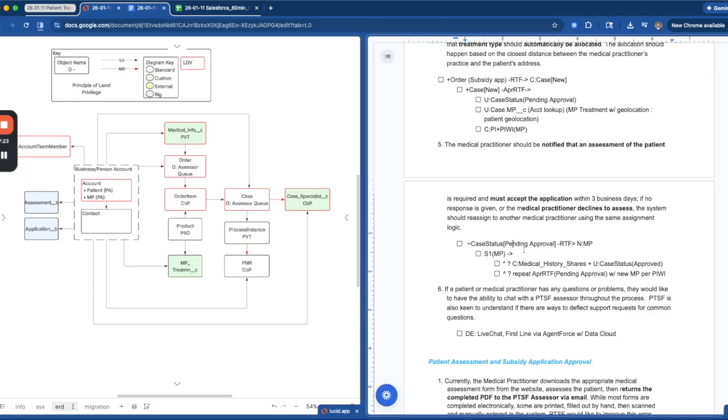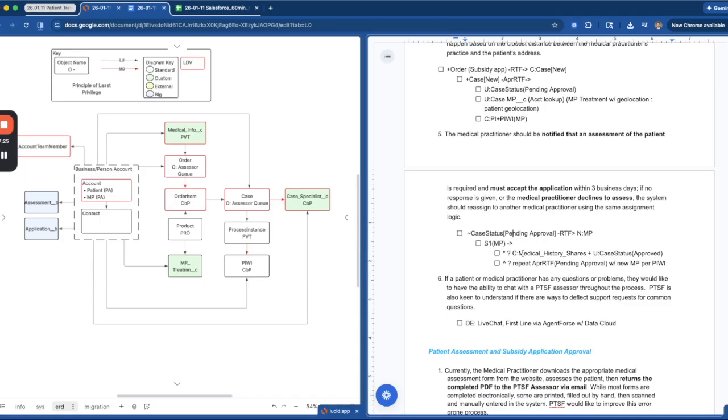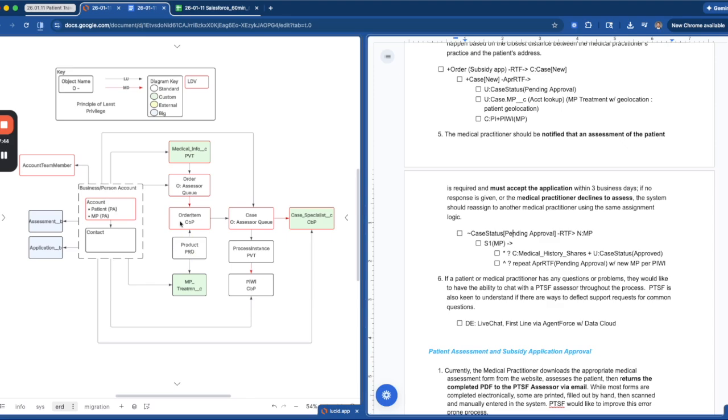That is then triggering the first step, where if they approve and they are okay with the application, that within 3 days they're amenable to accepting it, that will create medical history share records that are associated with medical information that they have access to, and then update the case status